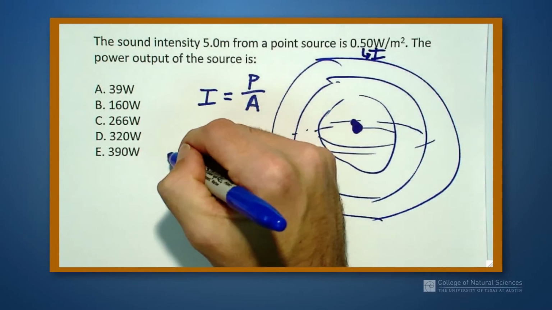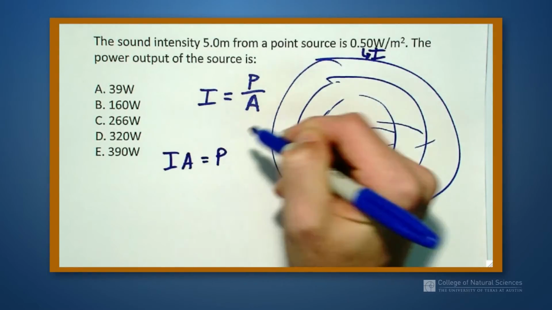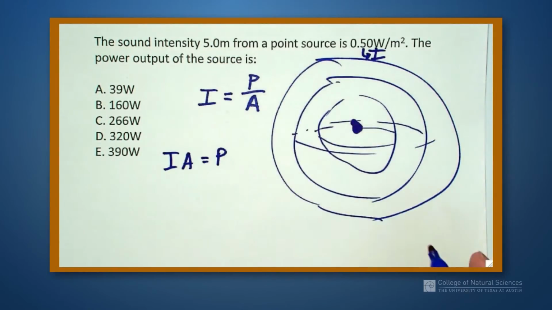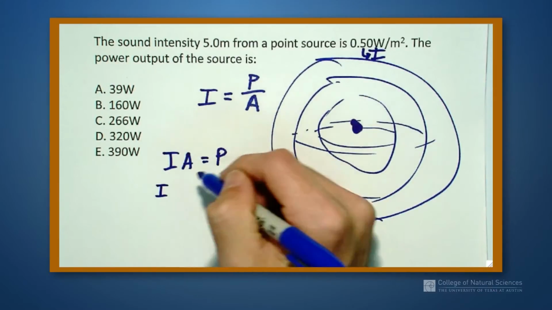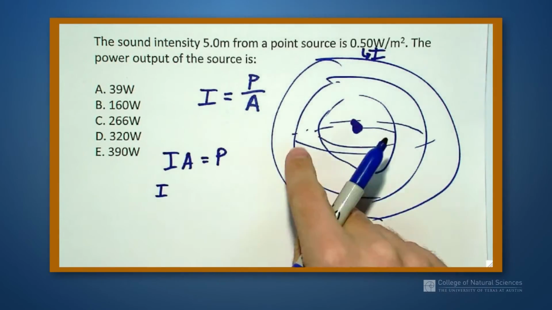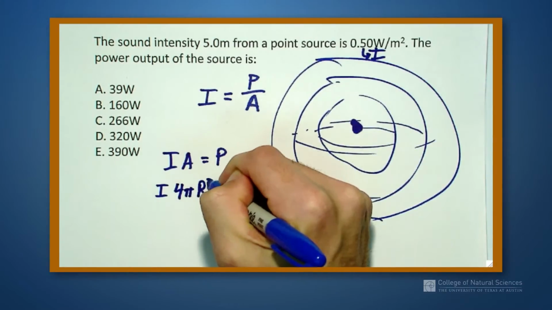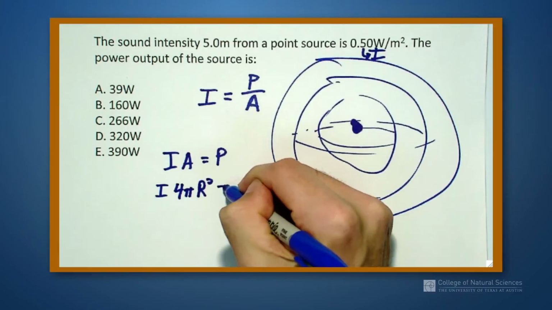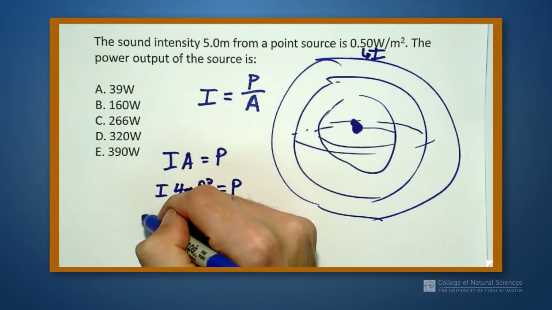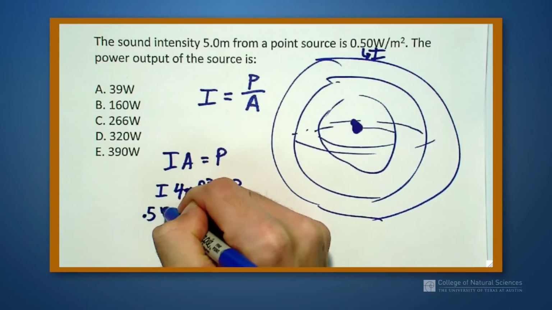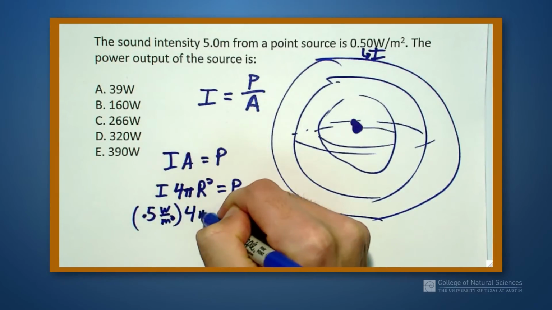So I want the intensity times the area is going to be equal to the power output of the source. Well, the intensity is 0.5 watts per meter squared, but my area, that's something I have to figure out. My area is actually going to be 4 pi r squared. And this is going to be equal to my power. So when I work this out, I get 0.5 watts per meter squared times 4 pi